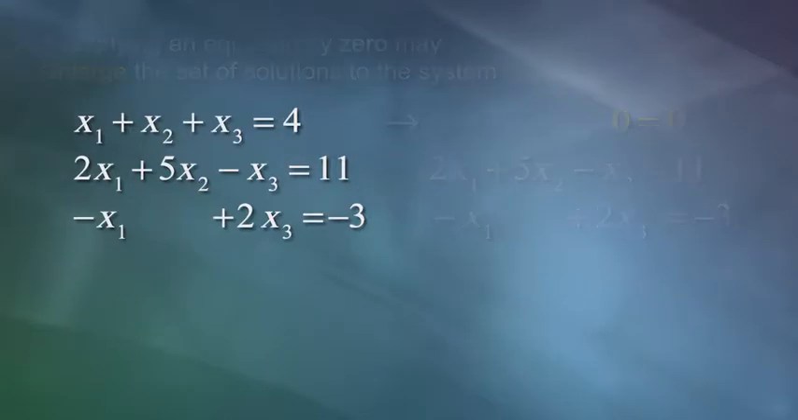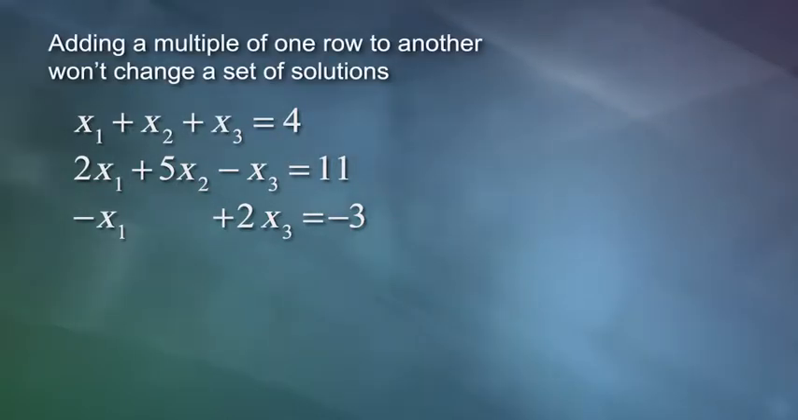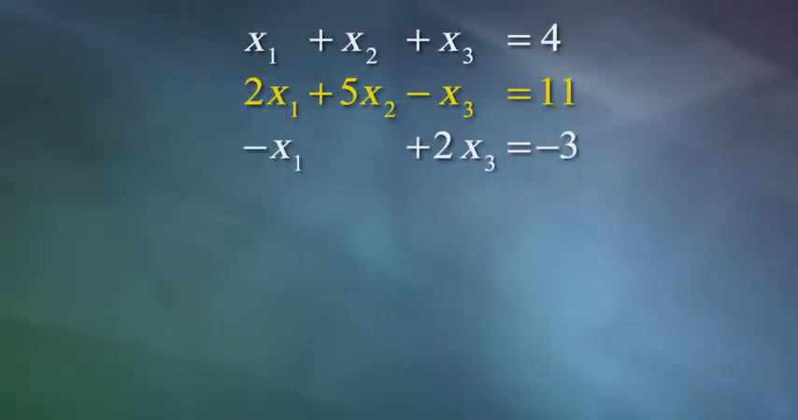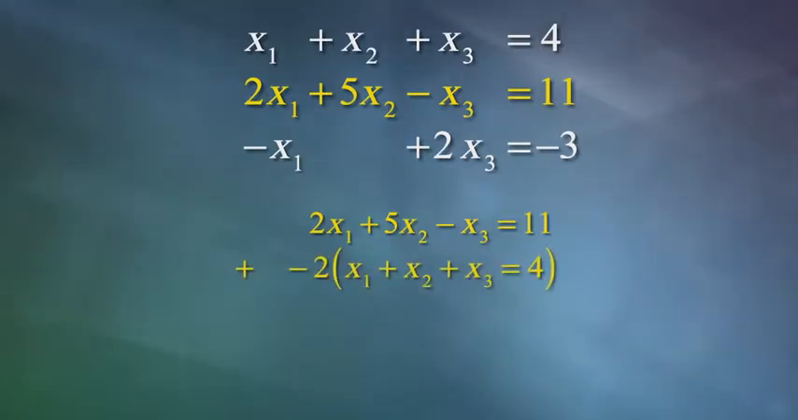Another operation I'm allowed to do is to add a multiple of one equation to another. The multiple could be positive or negative. That won't change the set of solutions either. So, for instance, if I take the second equation and add minus 2 times the first equation, that will have